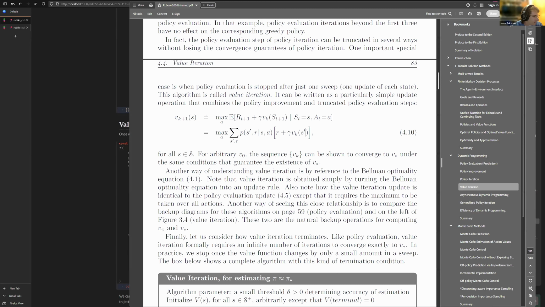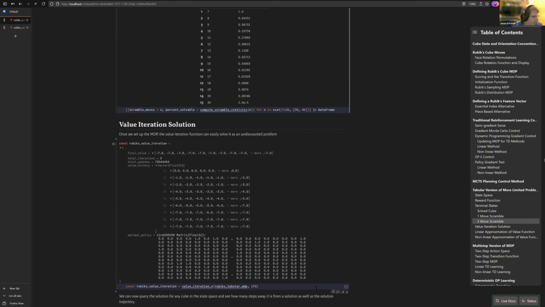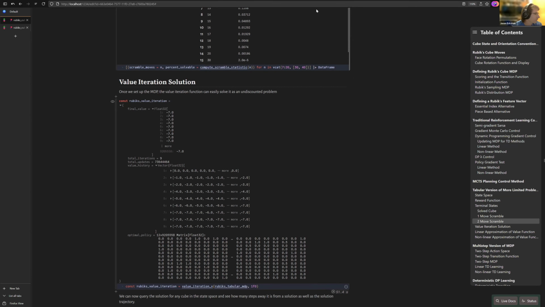And if we do that, we can see that within about 50 seconds, we get an exact solution for this more limited problem. And what this solution tells us is for all 9.2 million states, exactly how far away we